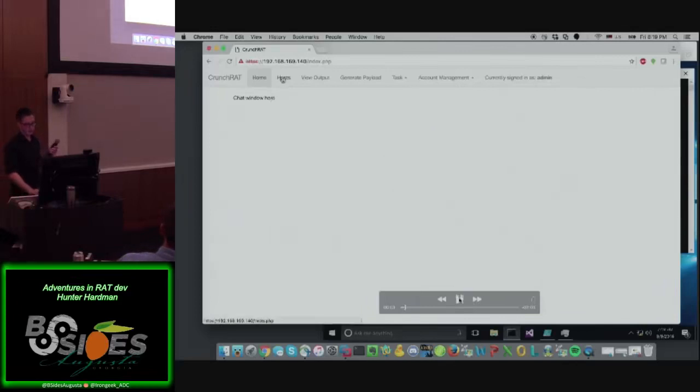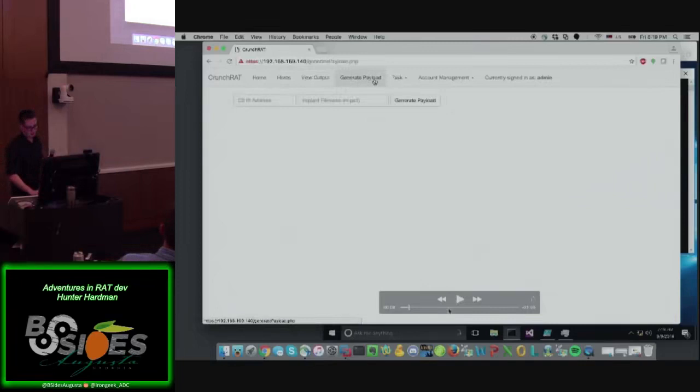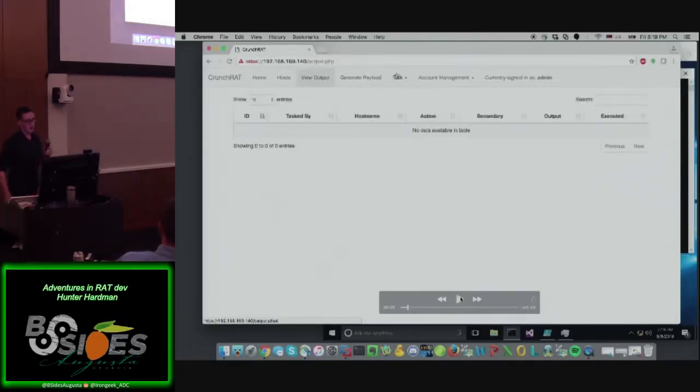Hosts, as you can see right now, it's tracking everything that I talked about. There's no implanted systems right now, so that's all empty. The view output tab, that is, sorry, go back. Okay, view output, that is going to be pretty much your bread and butter. You're going to see everything that's been tasked, the output of that said task commands,